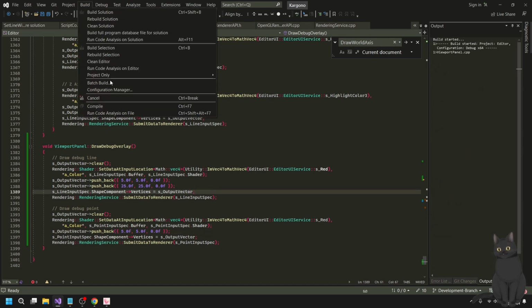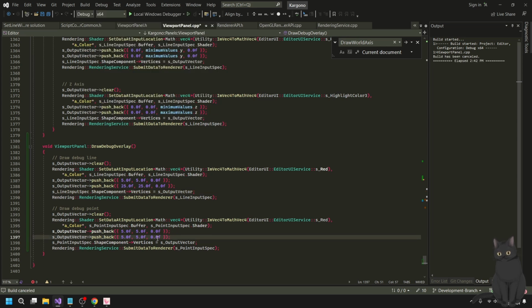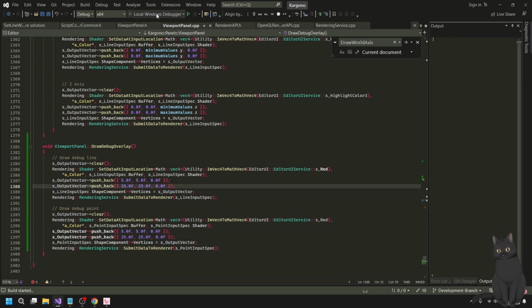All right, so now this should be... Actually, wait. Build... Cancel. Let's just do these exact same 2 points, and then I think what it'll look like is just a line with points delineated. And at that point, I think we're good. I just need to expose these functions somewhere.